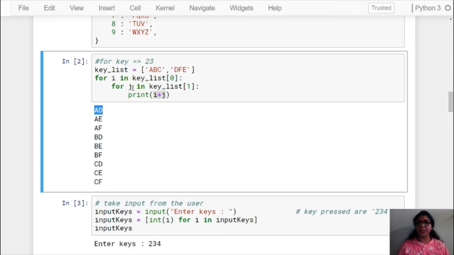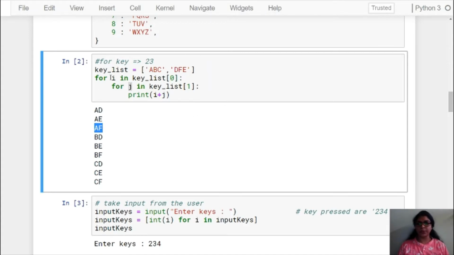So the J value changes to E, A combines with E, and we get AE. Then J changes again and we get AF.